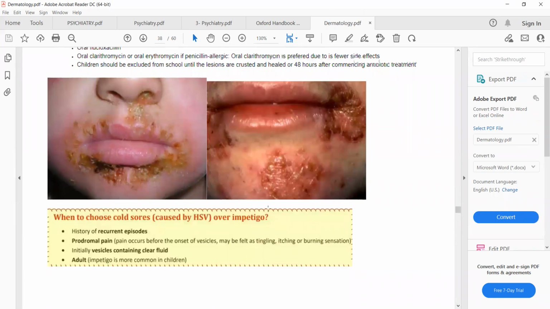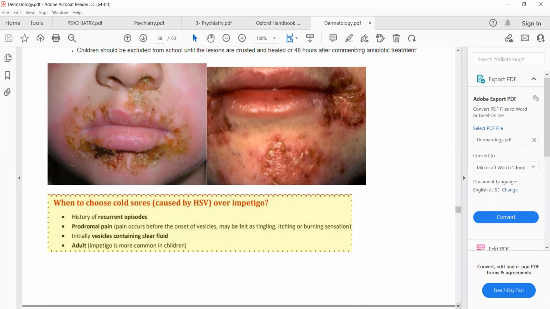Now, we all know that two conditions are most common around the mouth. One is herpes virus infection, herpes simplex virus infection, which is also known as cold sores. And the second one, which we are discussing now, is impetigo, that is a bacterial infection. Both of them are common around the mouth. So you need to remember the features which will help you in differentiating between these two. The first feature is that in impetigo there will be honey colored or golden crusted lesions,